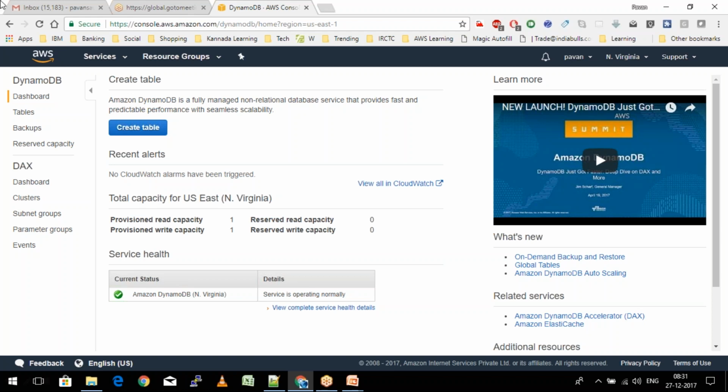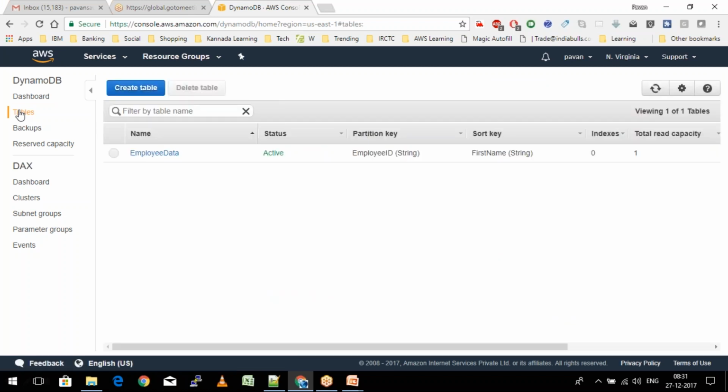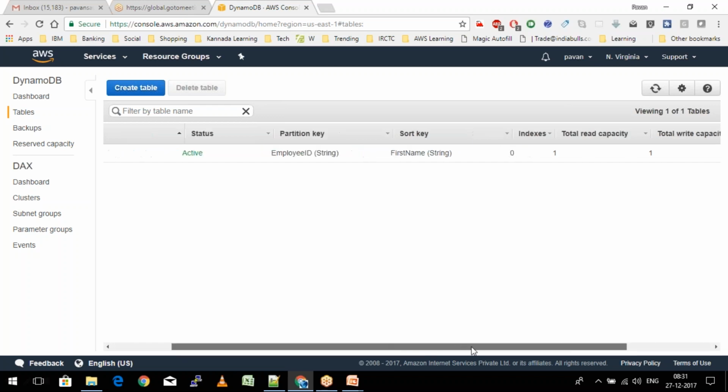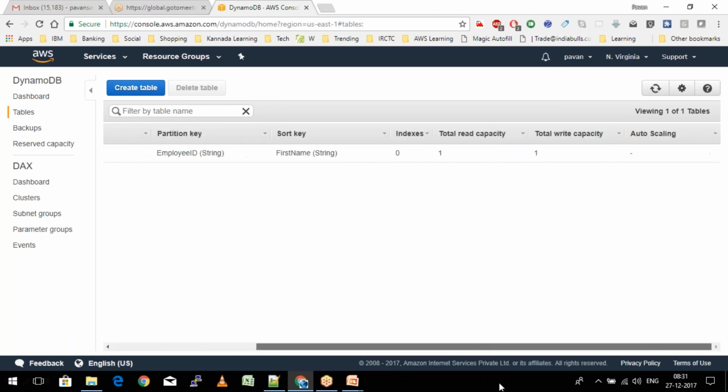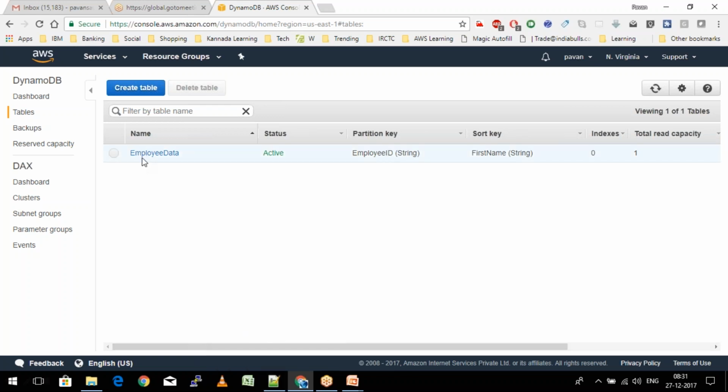My table is all set. I guess my account was logged in from the last 12 hours, so it just asked me to log in again. Okay, so now my table is with the name employee data, which is active, and the partition key, as we have selected, is employee ID, and the sort key, which is basically helping me to get a unique combination here with the help of partition and the sort key, is going to be the first name. The number of read capacity units we have put is 1 for now, and write capacity units also 1. So this is how we can straight away get started with DynamoDB.